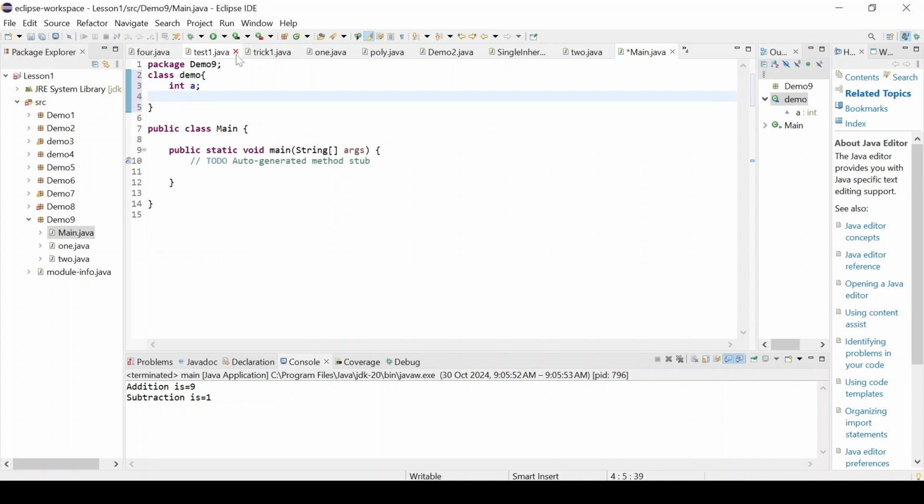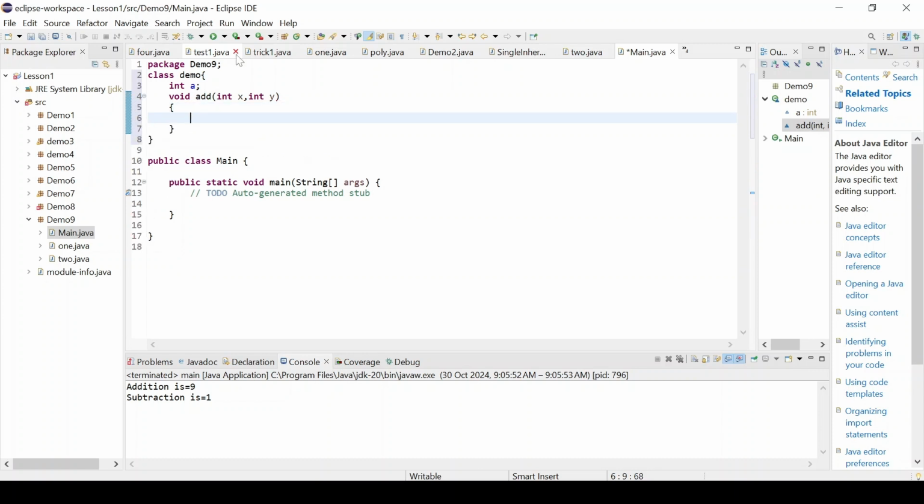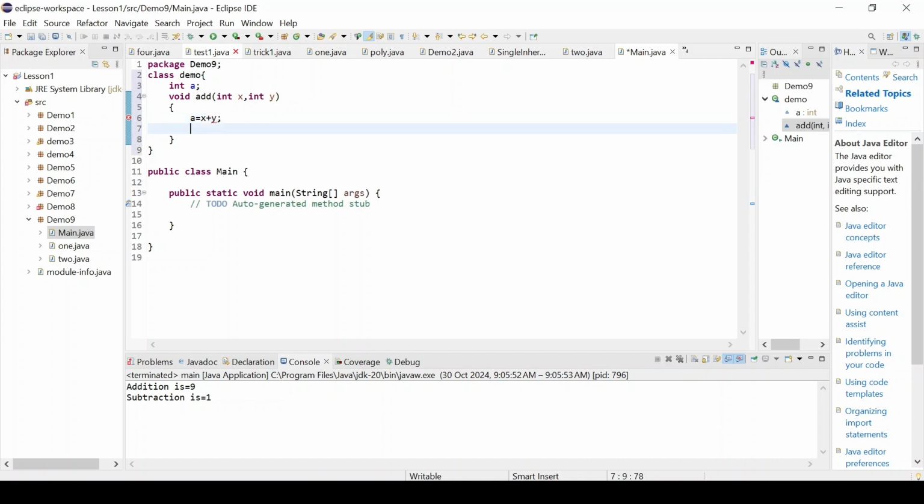Along with this, I'm creating one method whose return type is void, and name of that method is add, and this method is taking two integer parameters, integer x and integer y, and here we have to add x and y, and value will go to a. So a equals x plus y, and this method has return type of void, so we have to print it here,